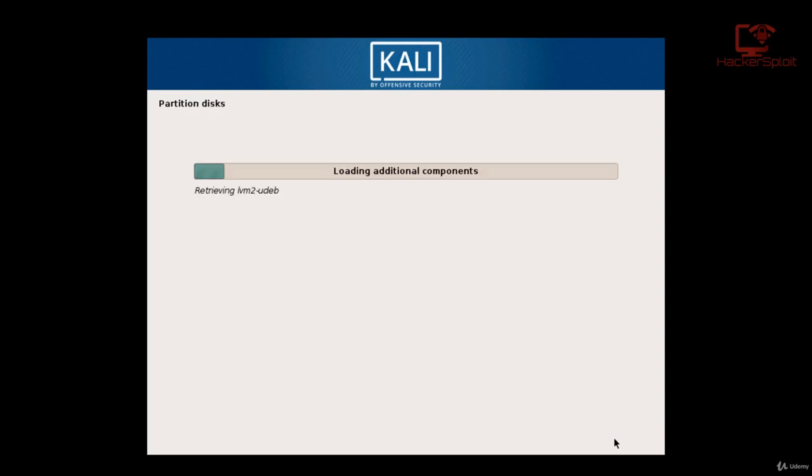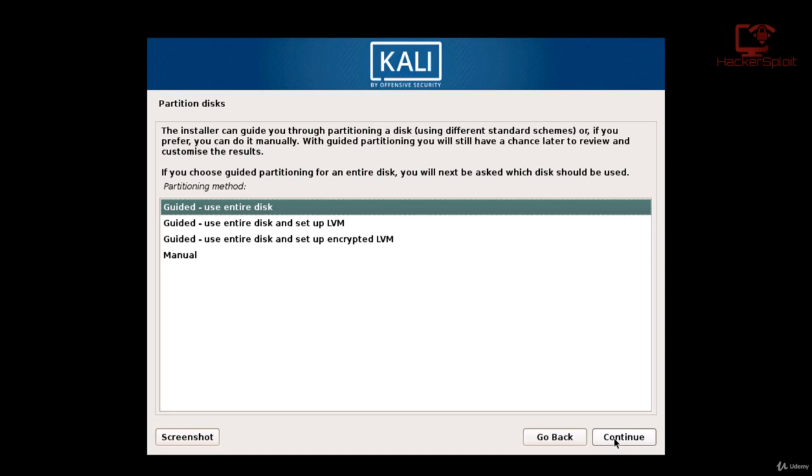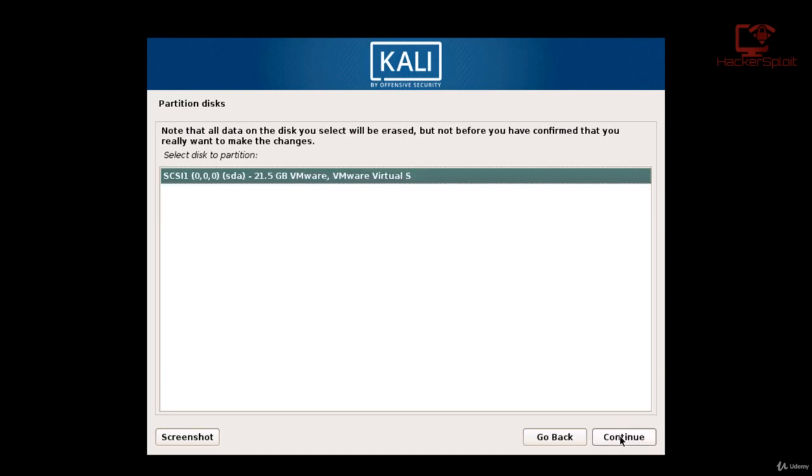And now it's going to detect your disk and open the partitioner that comes inbuilt with Kali Linux. All right, so this is very important now. It's going to ask you to select the disk on which you want to install Kali Linux. What I would recommend is just go for guided, use the entire disk. Just hit continue, and it's going to show you the virtual disk that we created. In my case, it is the 21.5 gigabyte VMware virtual disk. So I'm going to hit that,